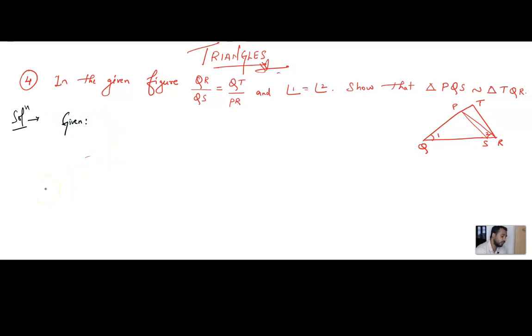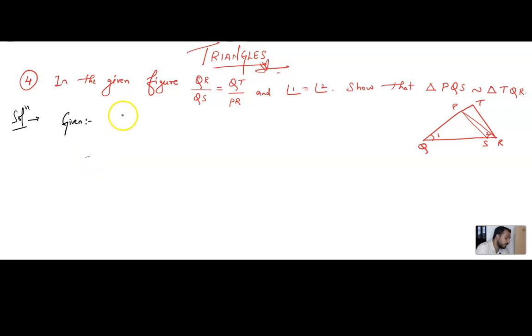Children, see the figure. We have PQR as one triangle, PQS is another triangle, and he has given that TQS or TQR, can you see this bigger triangle? That is angle 1, I mean angle Q. And if we take this smaller triangle like PQS, angle S he has not given, but he has given PQR, that is angle 2, I mean TQR, that is angle 2. Angle R and angle Q both are equal. Is this clear? But not angle S. Now don't get confused. I'll tell you how to solve this.